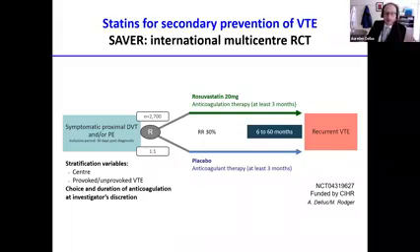It's going to be an event-driven study. We plan on a median exposure to treatment of 2.53 years. And the primary objective of the study is documented recurrent VTE. One of the secondary outcomes of the study is whether rosuvastatin can prevent the post-thrombotic syndrome. This study was funded by CIHR, and again, some of you will very likely participate in the study, and we are going to implement the study in Europe in the coming months.